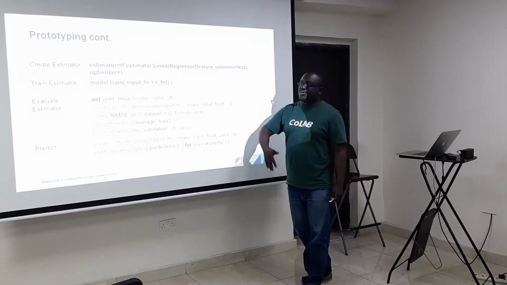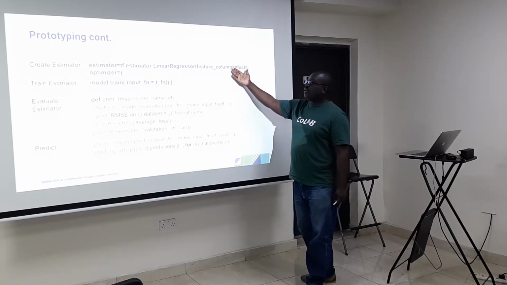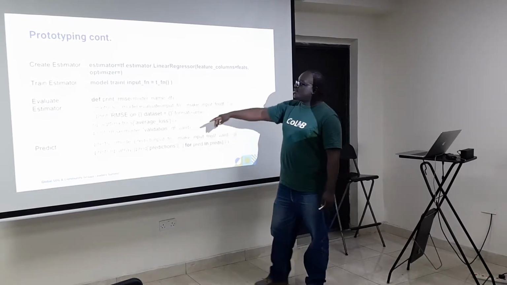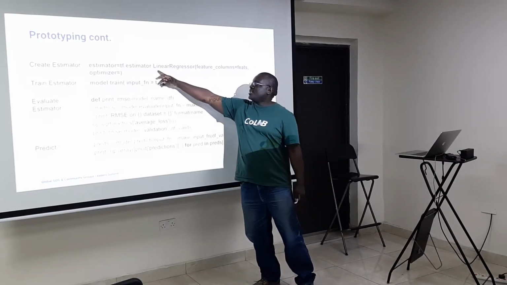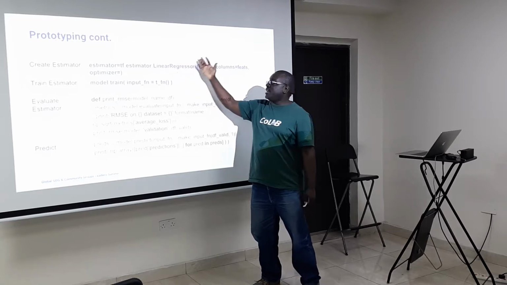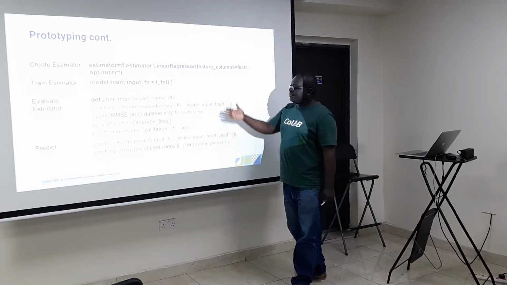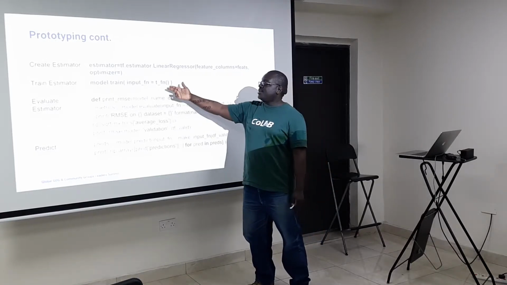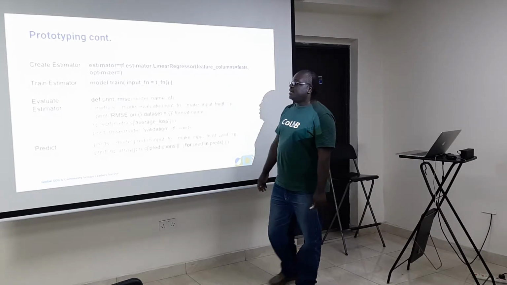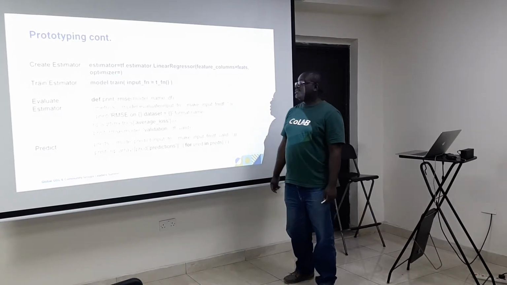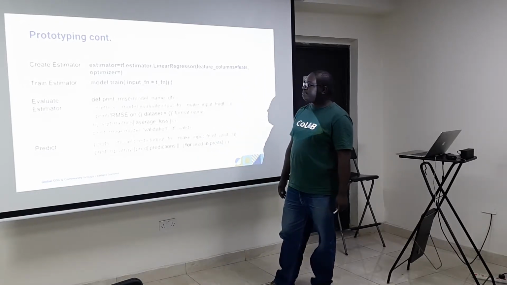And then once you have your input functions, your feature columns, you can then create an estimator using something like this. So recall, you can actually change this. So this can be linear regressor, linear classifier, DNN regressor, or any other type of estimator. Once you're done creating your estimator, you can go ahead and train it, and you train it by passing it a training input function, which is what we represent here.